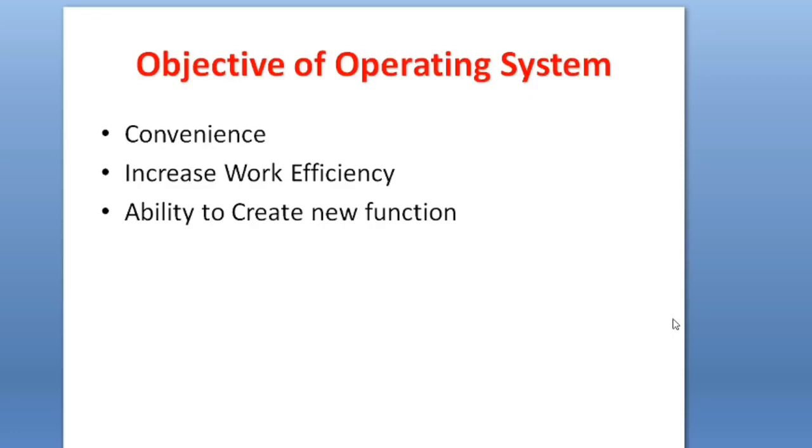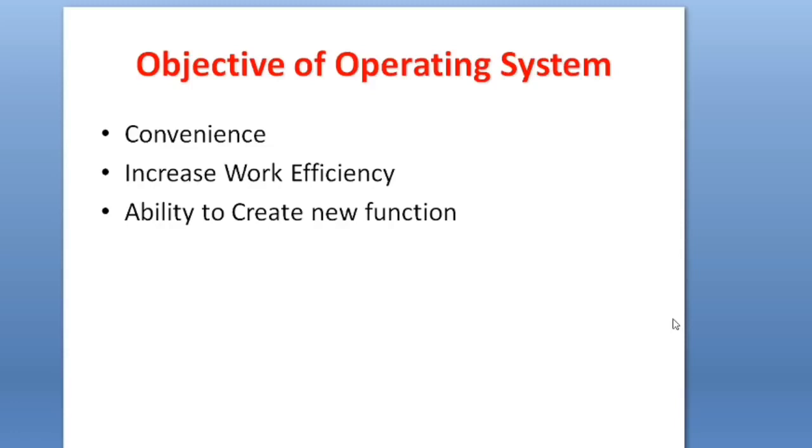The first objective of the operating system is convenience. That means the user must have the convenience to use the computer, the mobile, etc., so that the user can do anything very easily and in a very user-friendly manner. Whenever I am working with MS Word or Excel, we do not need to bother about the hardware, that is, how our data will be stored, what the different file systems of the computer are. These lower-level things we do not need to care about, and we just make our document and save it in the computer or laptop. So this is the convenience.